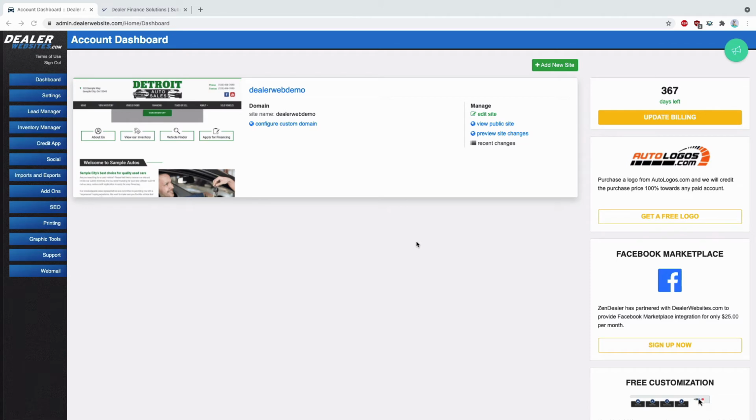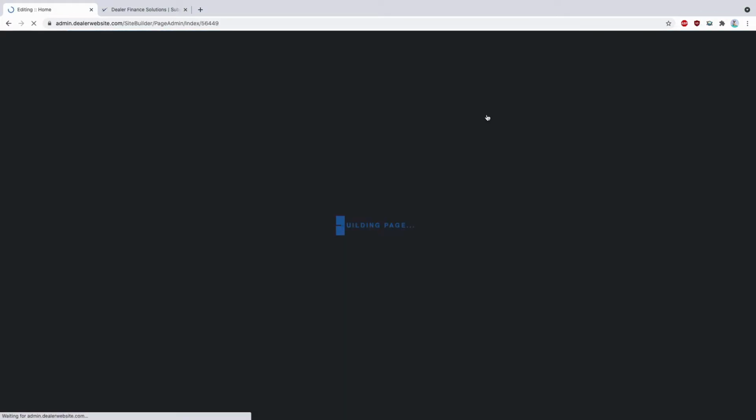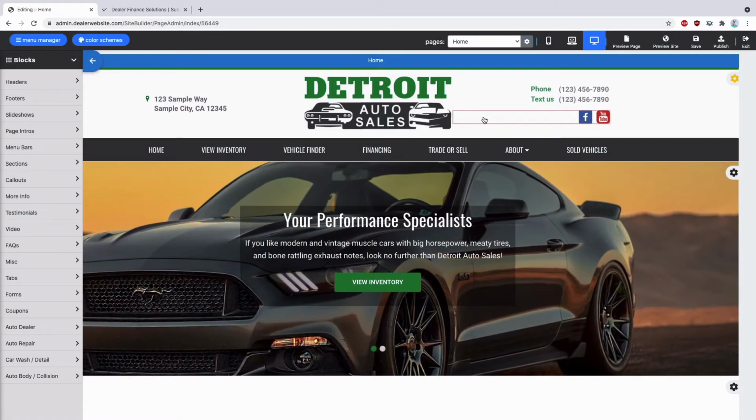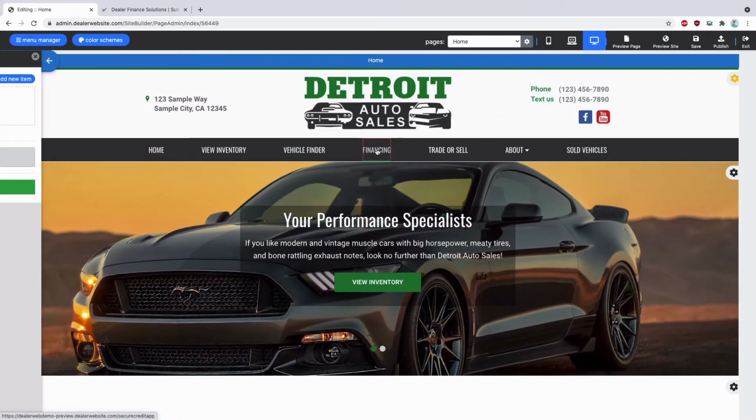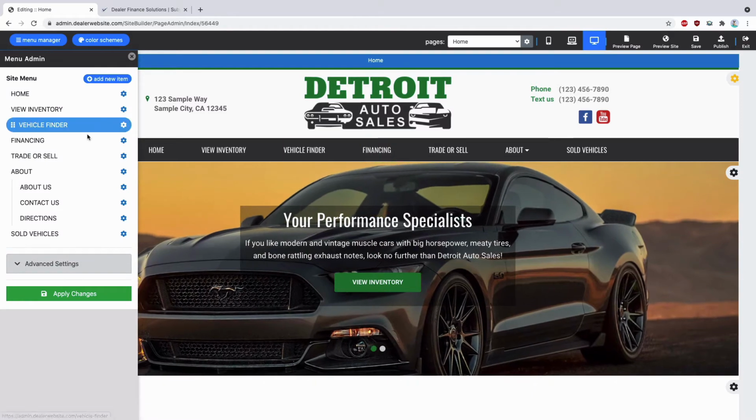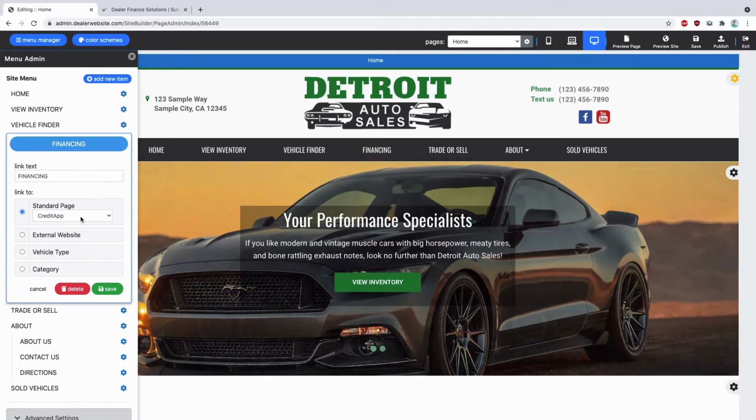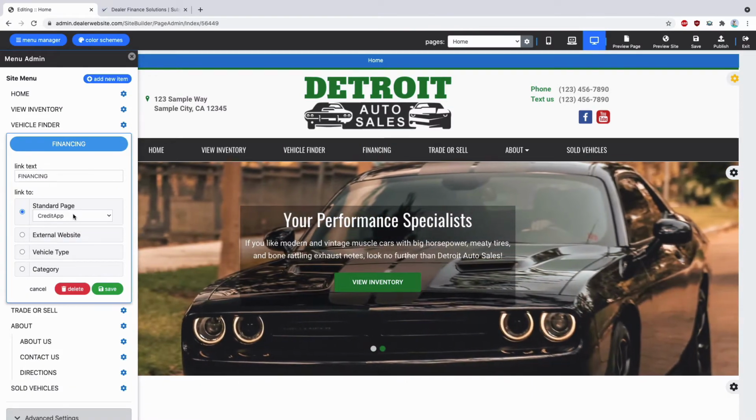In this tutorial, I'm going to show you how to link to a third-party credit application. So I'm going to go into Edit Site. Right now we have our financing section linked to our credit app page, but maybe you don't want to use